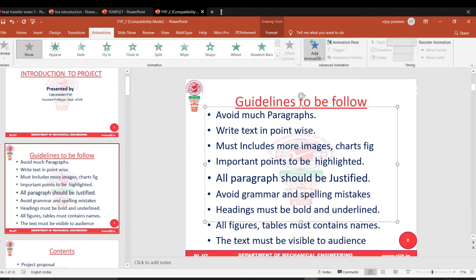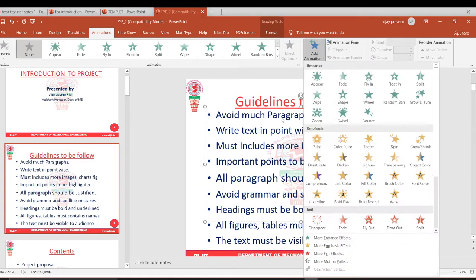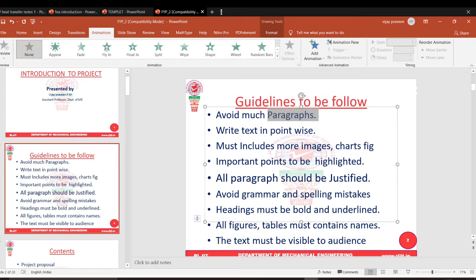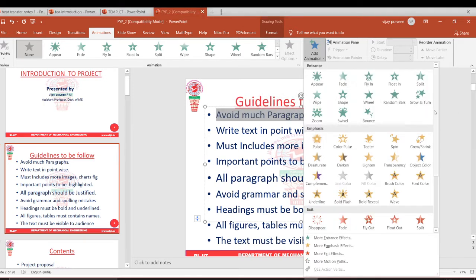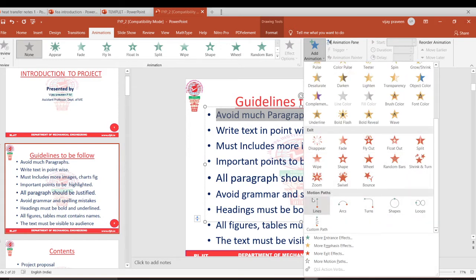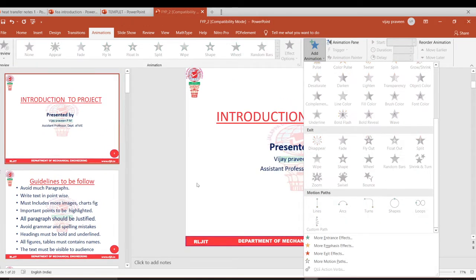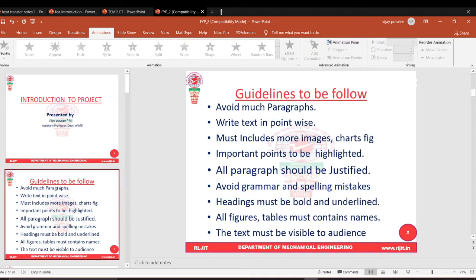Here I can go for animation. Suppose I want to give one by one, you select this and give animation. Here there are types, and you can observe the colors. This is called entrance, emphasis, and exit, and one more is motion path. The most useful are entrance and exit.